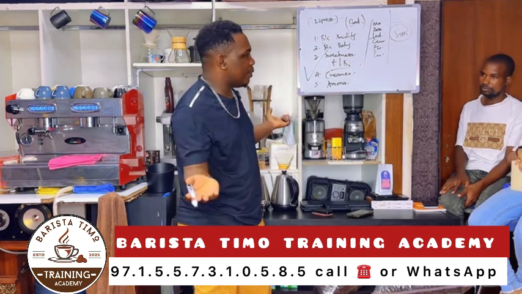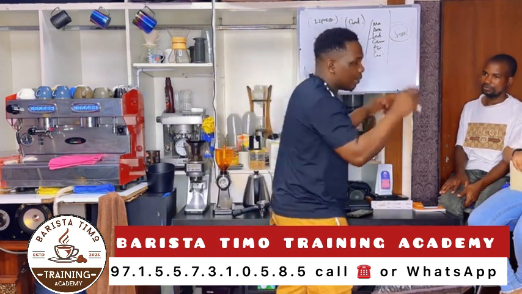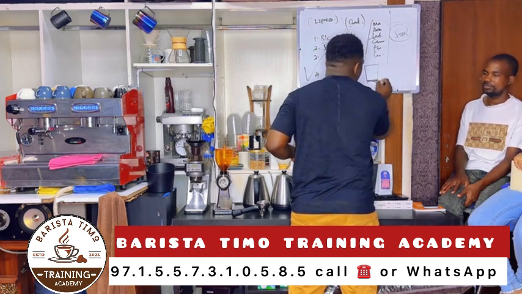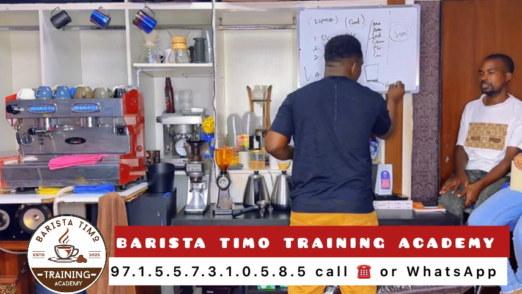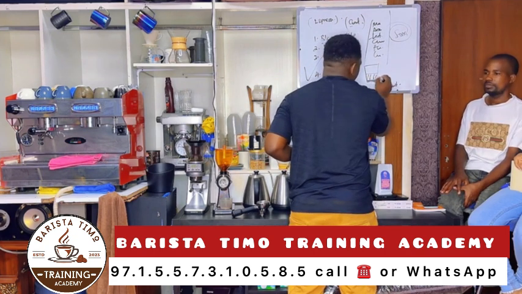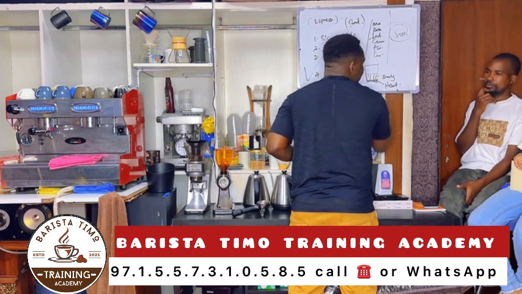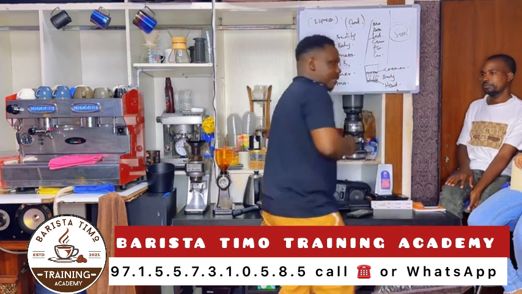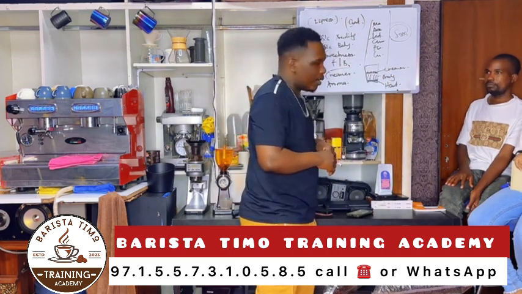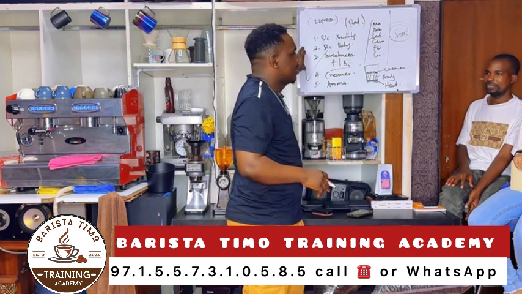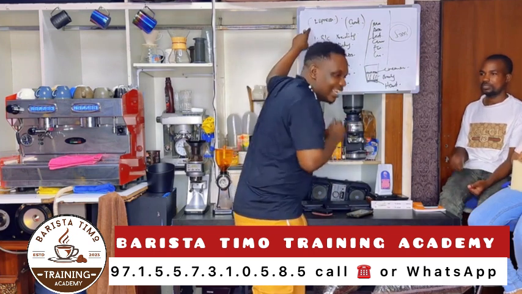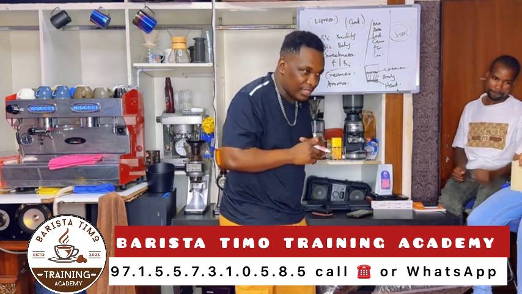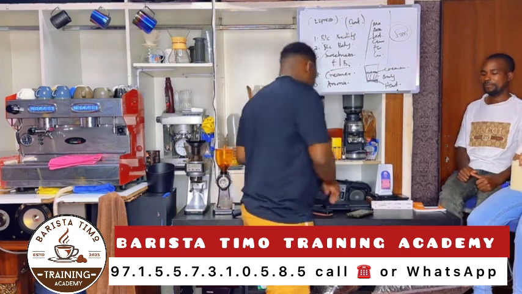You understand? But remember, whenever you extract espresso, it will always come in 3 layers in your cup. One layer down will be very dark, and this is what we call the heart of espresso. The other layer will be a little bit brown, and this is what we call the body of espresso. The golden layer you see on top is what we call the crema. These are the layers of espresso. But seeing the layers doesn't mean that the coffee is good. You must taste the coffee to see if these are present in your coffee. Are we on the same page, gentlemen? Yeah? Good.